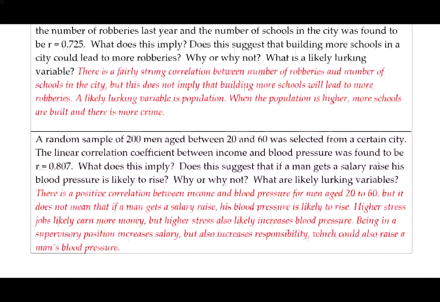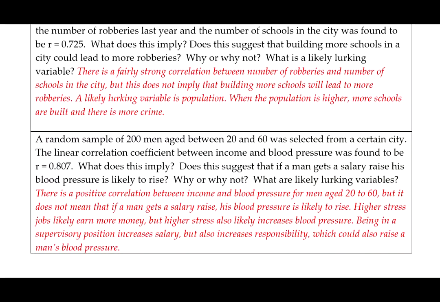Higher stress jobs likely earn more money, but higher stress also likely increases blood pressure. So stress level is one lurking variable, a variable that's not the explanatory or the response variable, but could be affecting both of those. Being in a supervisory position increases salary, but also increases responsibility, which could also raise a man's blood pressure. So responsibility or position at work are other likely lurking variables that could be affecting both income